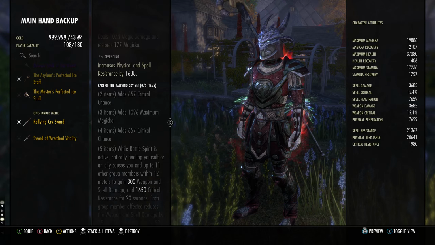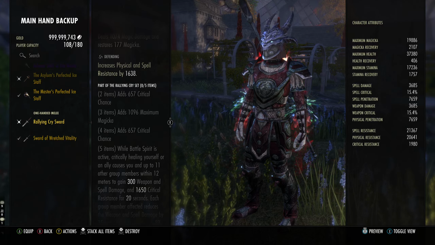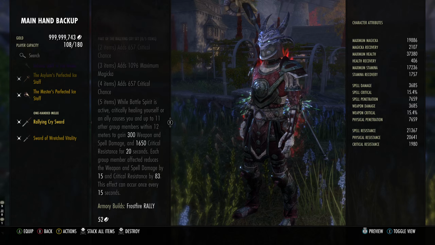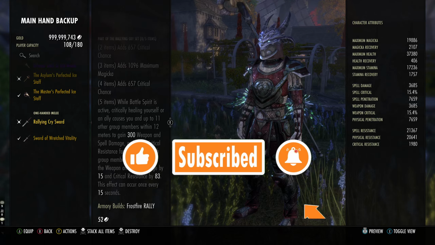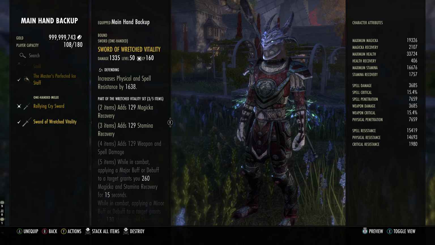But you had slightly less pen, which then meant that you actually had similar damage when you added it all up. The difference is Rallying Cry will give you more crit resist, which then means you can run more divines to offset that, which I did experiment with, and I still came with very similar results. The difference was that we lost 500-600 stam sustain,